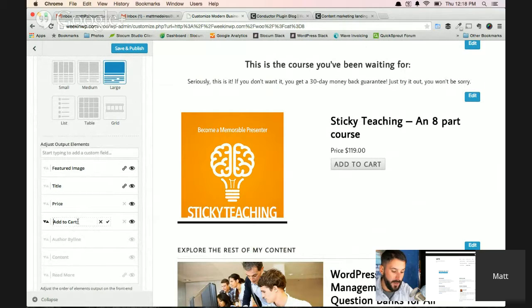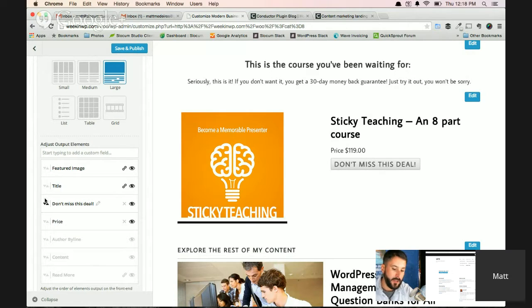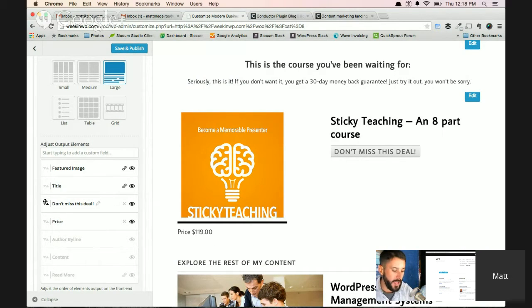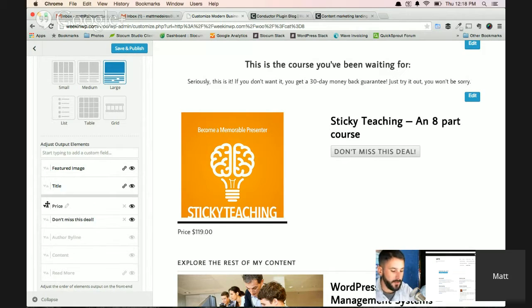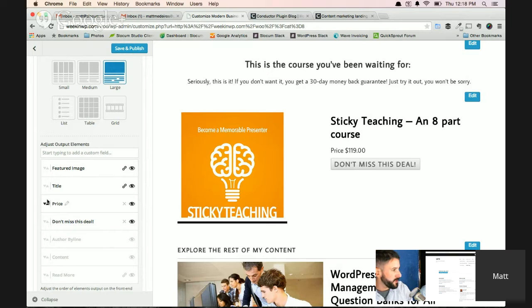But at any point, I can say things like, don't miss this deal, and I can overwrite the sort of out-of-the-box WooCommerce experience of the Buy Now button, right? So you can do that. You can move it around if you want. You can put it above price if that's where you wanted it. You can really fine-tune these types of elements inside of Conductor, which otherwise you would need to spend some time building your own template, calling up a developer. Spending a few hours tweaking this stuff, if not maybe a couple $100 to have a developer create these